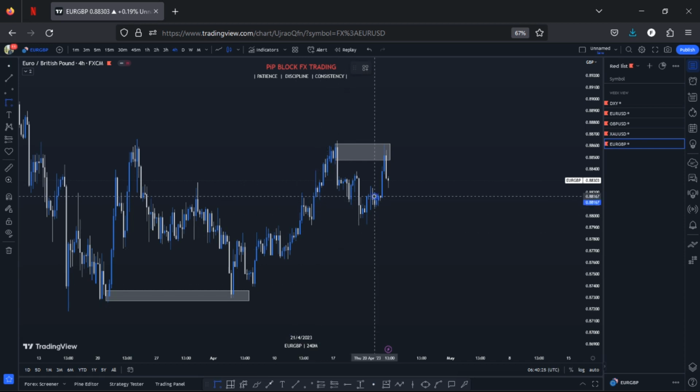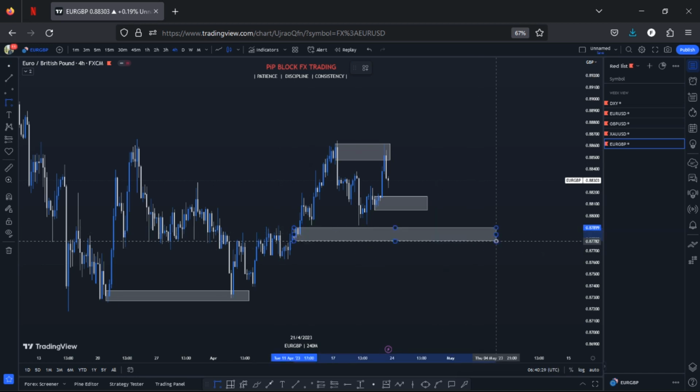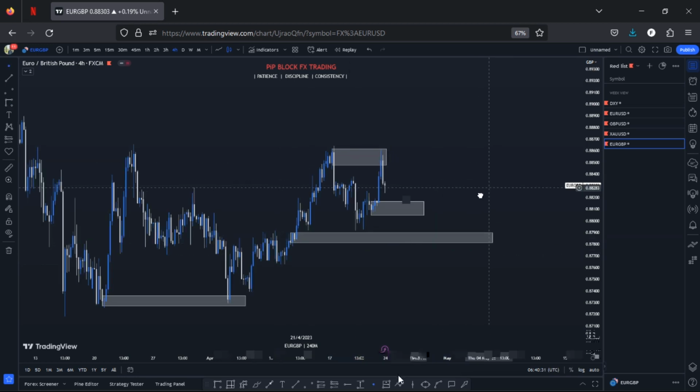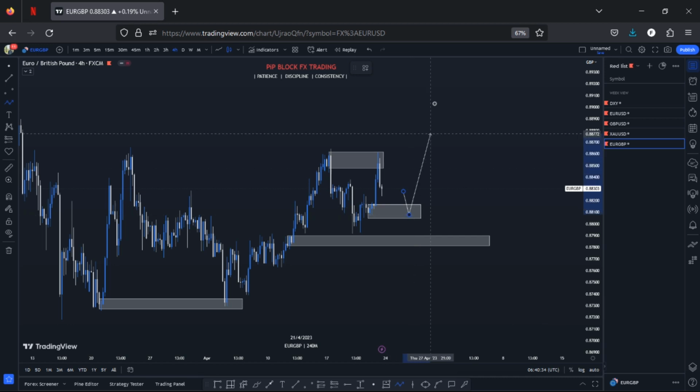I'm expecting markets to give me some reaction at the zones. Okay, so I'm having these two zones right here. Good. So I'm expecting the market to either trade into this zone, give me a buy to take out this liquidity we have right here, or the market to trade into the zone and give me a buy.